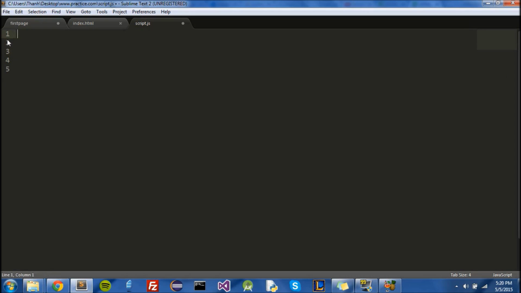Rule number 3, you can't use reserved keywords, like you can't use true, because true is reserved for Boolean variables, and like switch. Remember we were trying to use switch, but that was a bad example because switch is reserved for a different part of the JavaScript programming language. And rule number 4,